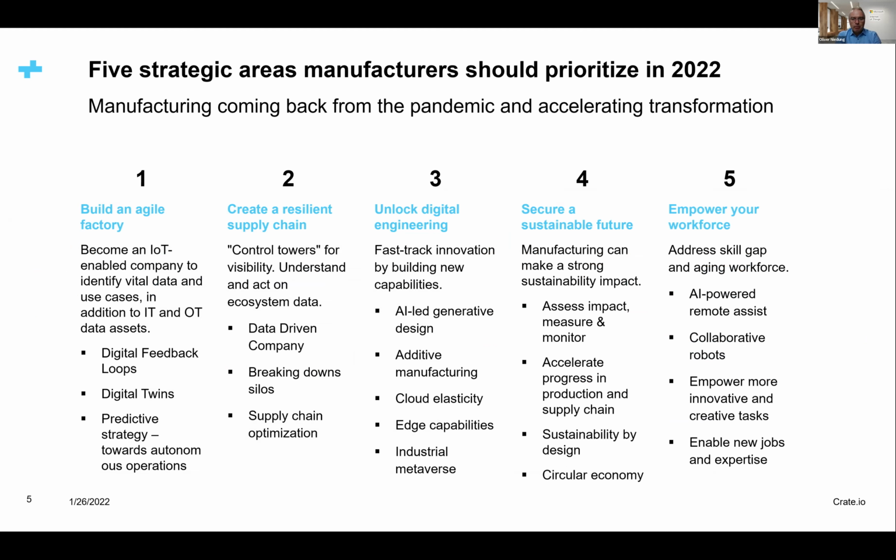And the second one is then resilient supply chain. This has been a big discussion over the last year and a half, and it still continues. And this is really what we're seeing. People wanted to break down the silos. Now it's about doing it. So really becoming a data-driven company in order to become more resilient. And some of the companies that we're working with really implement these control towers to get the visibility on what's happening before and after their own part of the supply chain.